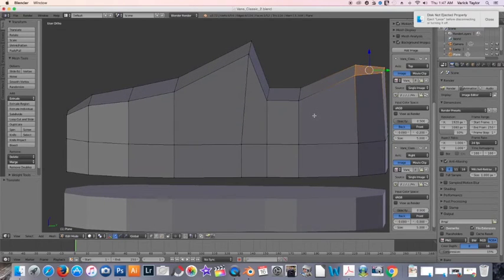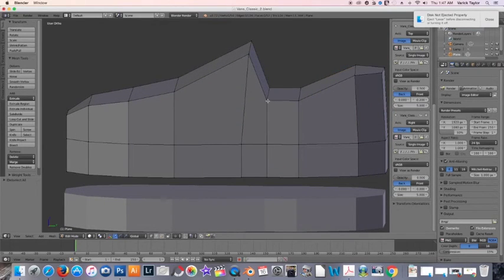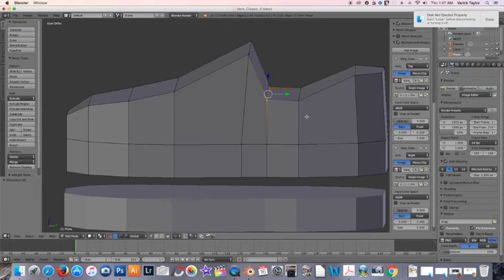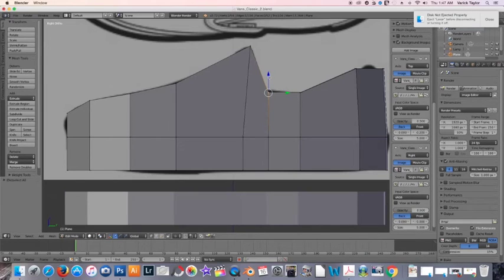Then I'm going to hit the letter A, click on these 2 points, gotta hold my shift key, then back to number 3, just drag them up a little bit, do the grab,